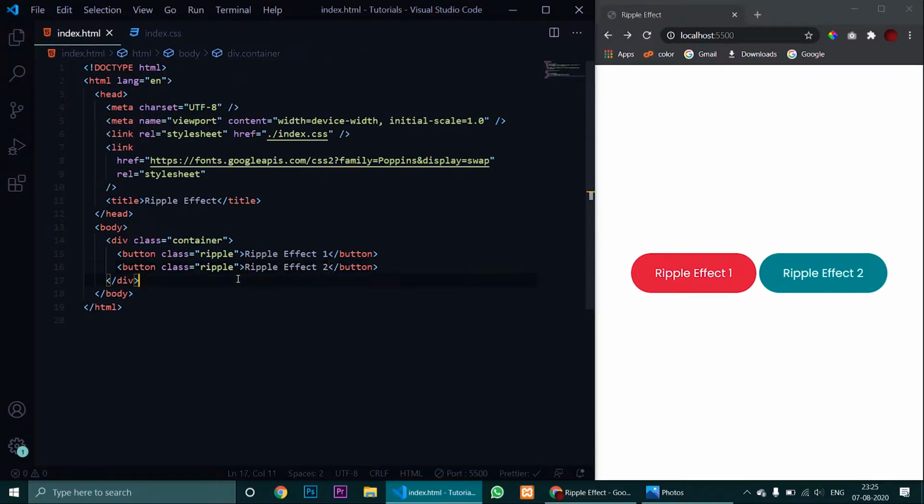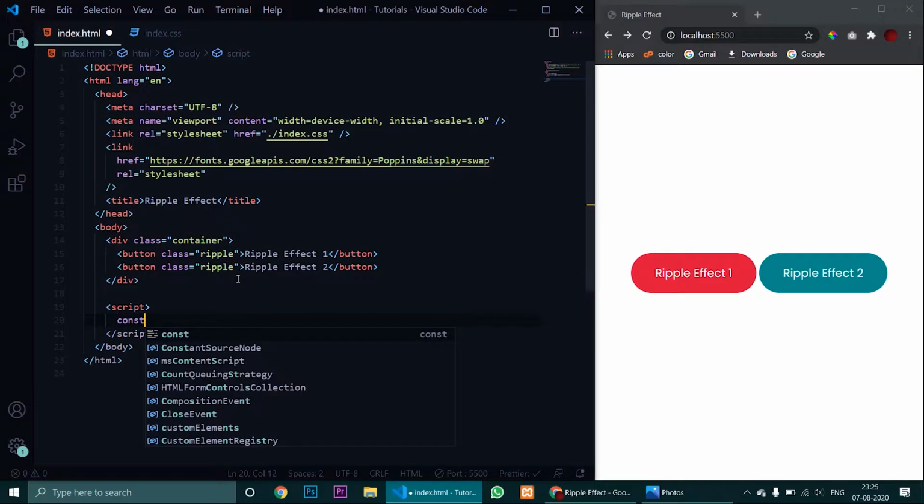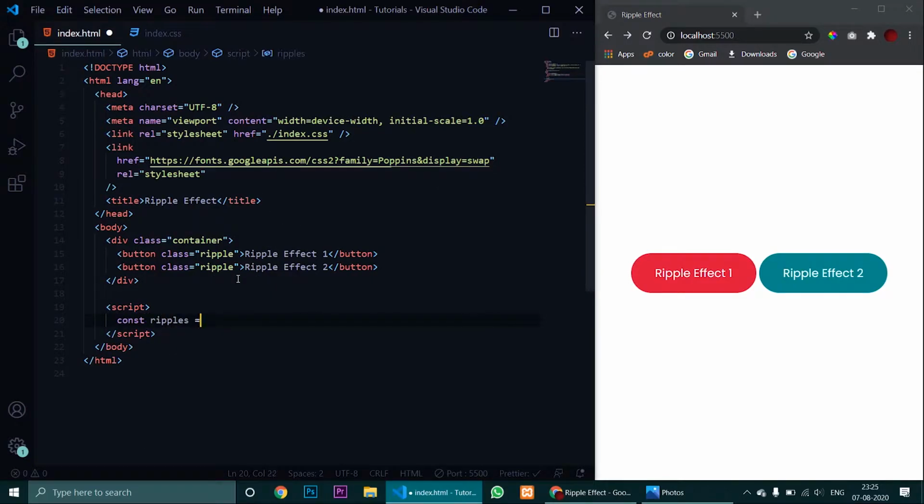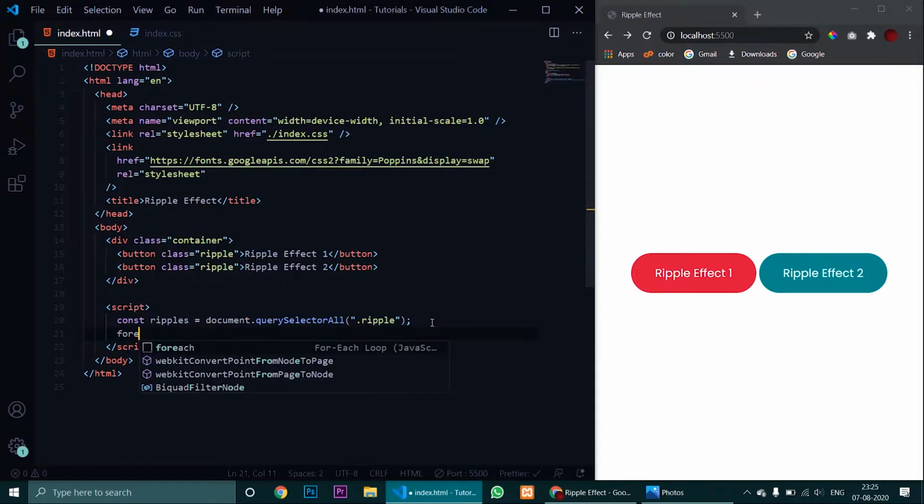So here we will have it at the last of our body tag. Now let's select both the buttons by const, document dot querySelectorAll. We will select all the elements with the class ripple over here, so we will get both of these buttons in this const variable. Now let's run a forEach loop for both of these buttons.